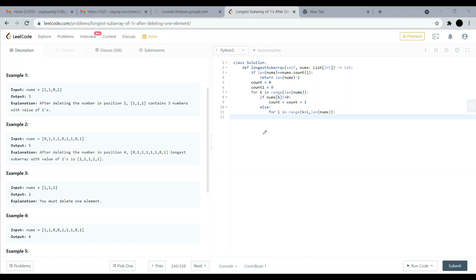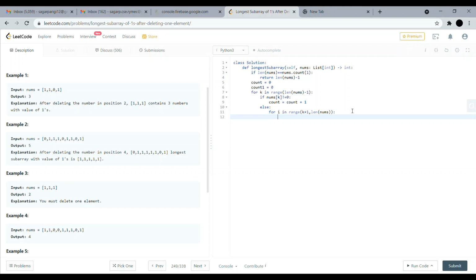So I have to reduce the first loop to length minus 1, so that I stop here itself. From here I'll go and check this one elements.